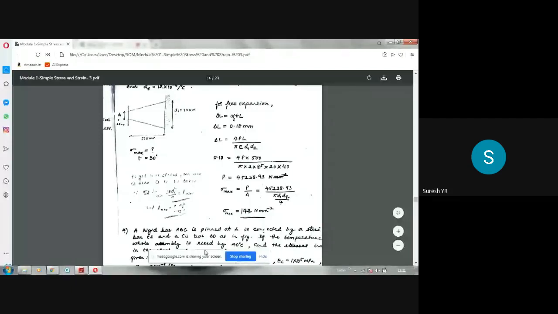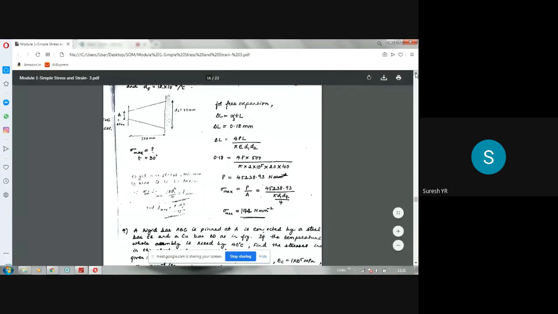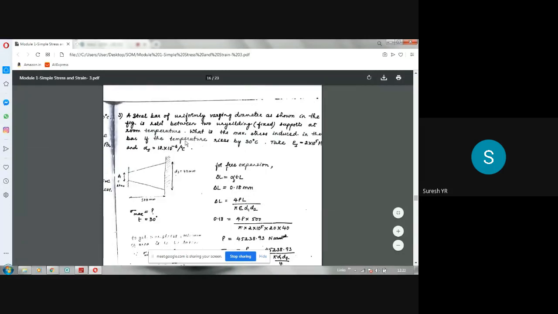Sigma max we have to find out here. What is the maximum stress induced when the temperature rises by 30 degree centigrade? So here what you have to do is, he has given this value, actually it is missed here. Please take this in this problem itself. Given the elongation,